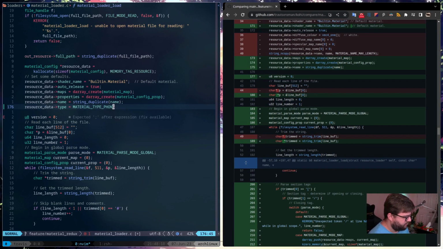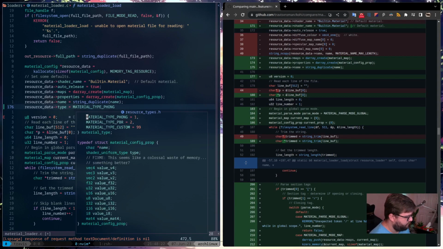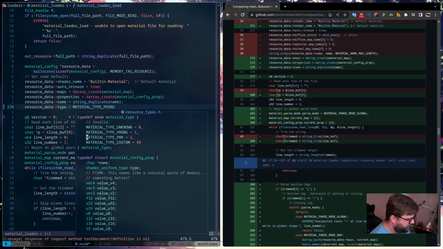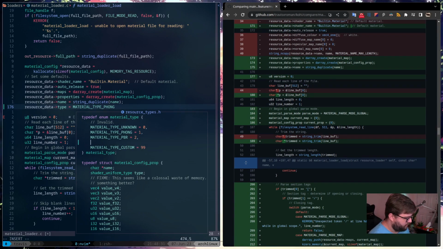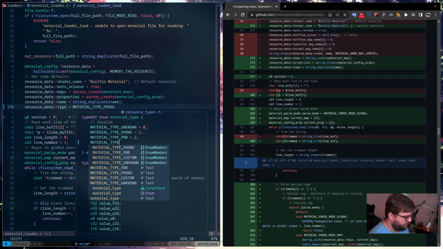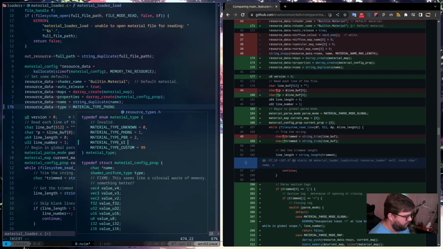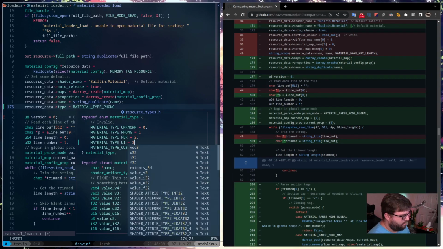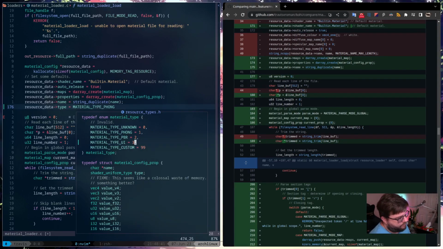Let's change Phong to material type UI. Which I'm not 100% sure I love either.